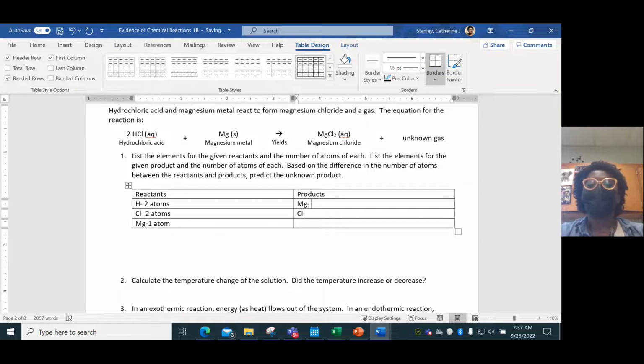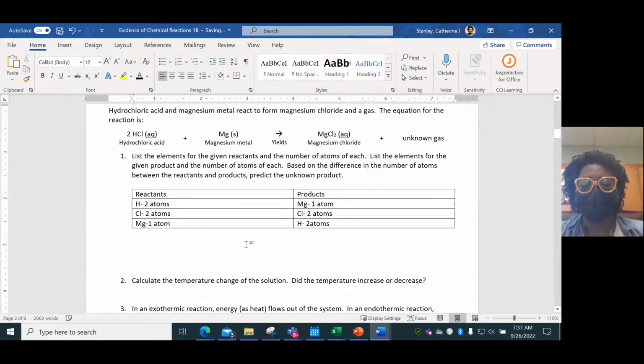Go for it, Rebecca. How many atoms of magnesium were in this reaction? Good. How many atoms of chlorine were in this reaction? Good. Now, here's the question. What does the other product have to be? Good job, H2. The missing product